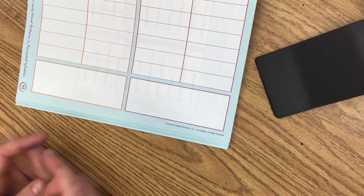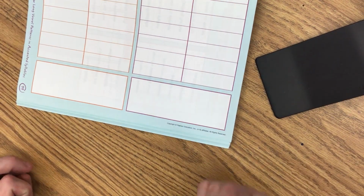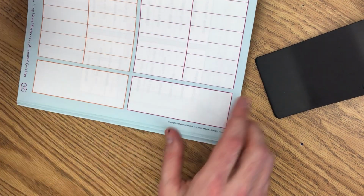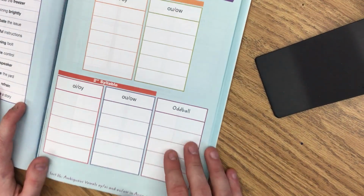All right? So like we've been doing, just put them on the page, okay? Don't glue them in yet. I'm not going to make a second video like last week. I didn't make a second video either. I'll just take a picture of what mine looks like, and then you can reference it. And then throughout the week, as you're doing this, I'd like you to really,